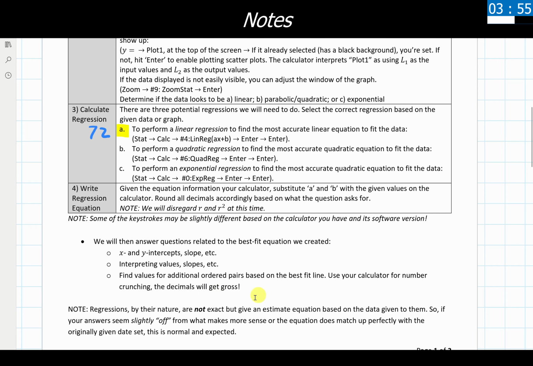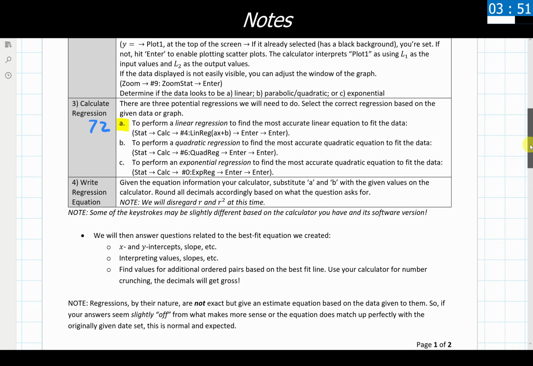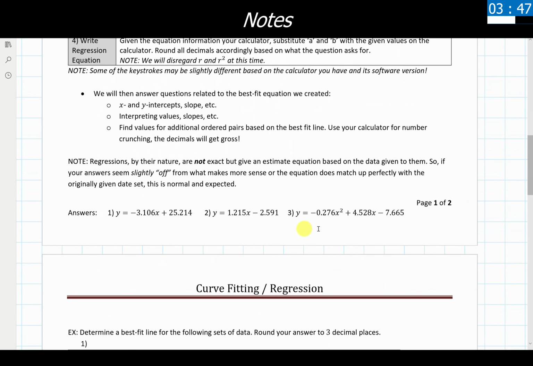Now the last note that I want to make before we dive into and actually look at some equations and some data and some things like that. Okay, pretend you aren't seeing the equations down here. I do want to make the note that regressions by their nature are not exact, but give us a really good estimate as to what sort of an equation is going to come out of the data.